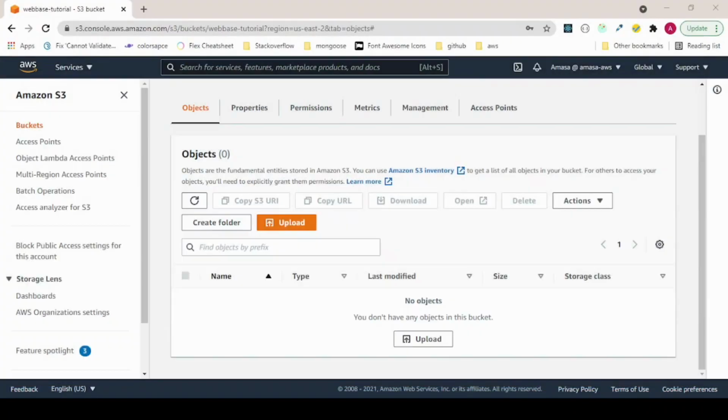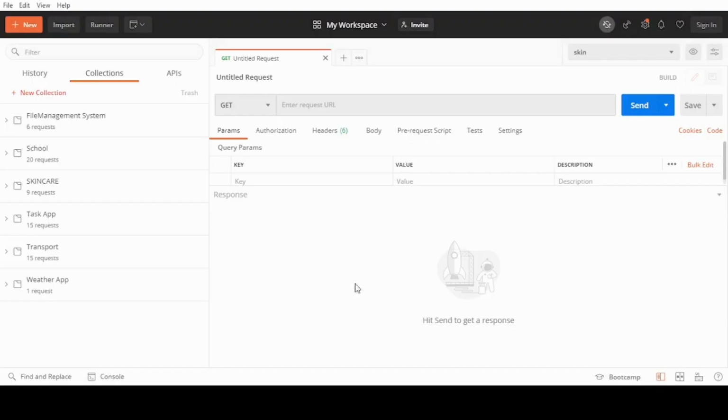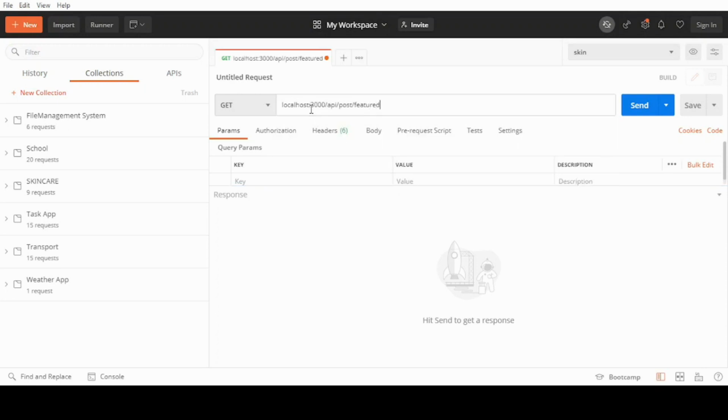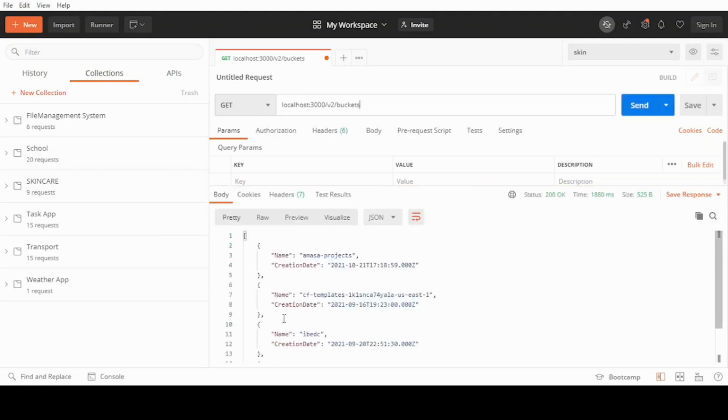As I mentioned earlier, we're going to be using Postman to test this. So I think we named it localhost 3000 slash v2 slash bucket. So we're going to hit the route. Hopefully everything goes as planned. Yeah, we have the response back, and as you can see, we have the list of buckets in this particular